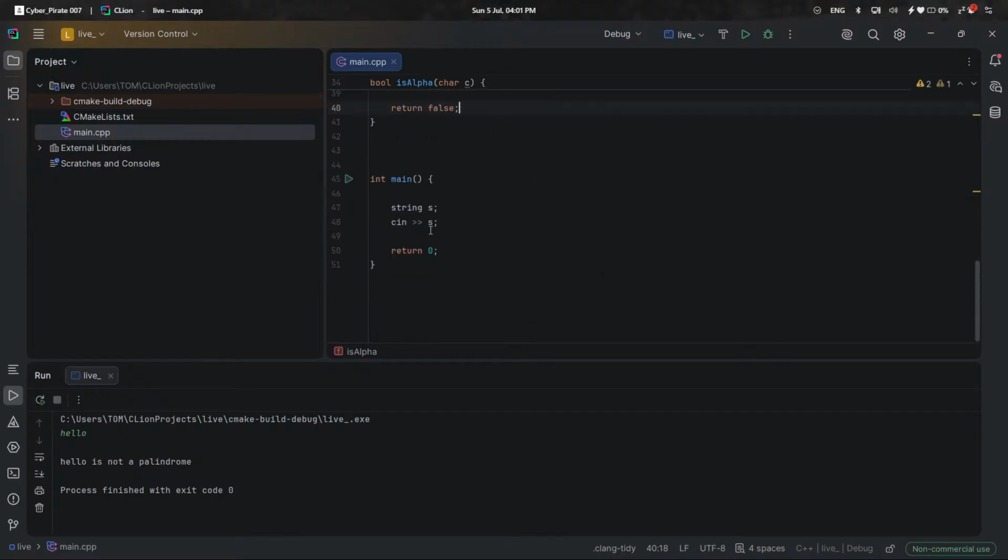There is an inbuilt method. So here, if you use cin for a string, I'll explain one more thing later. So before that,